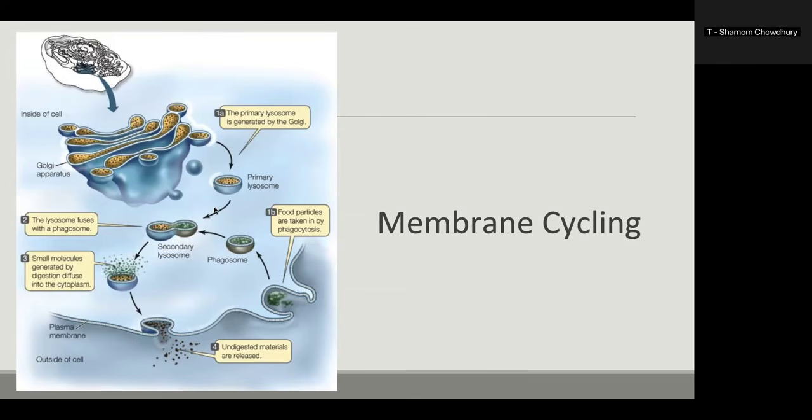Then there's phagocytosis. Phagocytosis is when food particles are taken in by the cell. So this is the outside of the cell. If there are any food particles outside of the cell, they can be brought within the cell through a method known as phagocytosis. Now you have your lysosome, which is responsible for digesting. And then you have your phagosome, which I wouldn't call a vesicle, but the phagosome is just a membrane that brought in food from the outside environment. The lysosome can then fuse with the phagosome such that now your digestive enzymes can digest the food that